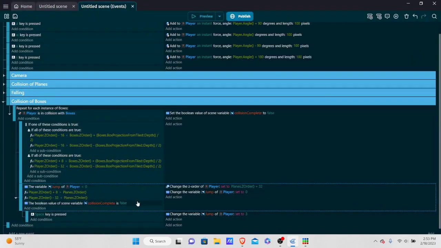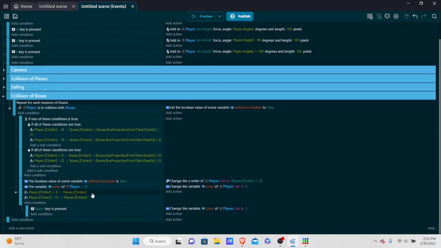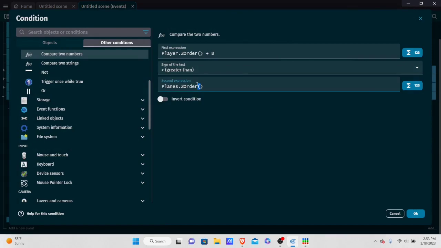But this is basically saying if the player is in collision with a box, and its jump is less than 0, and the player.z order is greater than that plane's.z. The thing that we explained earlier, the head and the feet. If all of this is true, we gotta change some things though, because I copy and pasted this from earlier. Now, if player.z order plus 8 is greater than, and we want to delete this, is greater than, trying to remember all this code that we gotta write. So if it's greater than